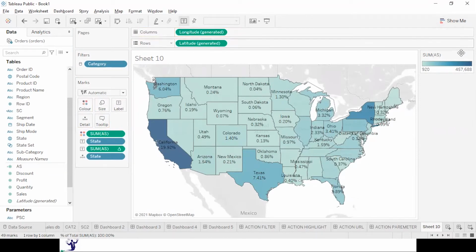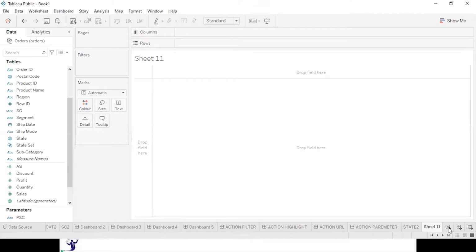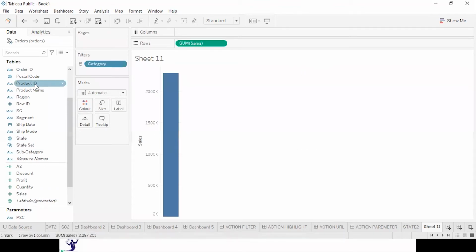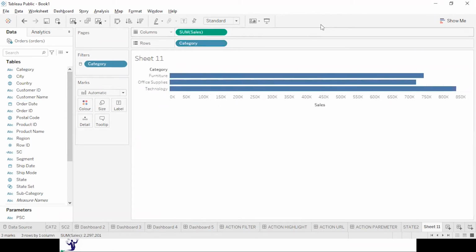I don't want this card, so I'm removing it. Let me name this state 2. Let me take one more sheet over here, and this time let me take the sales on the basis of category and make it a horizontal bar chart.